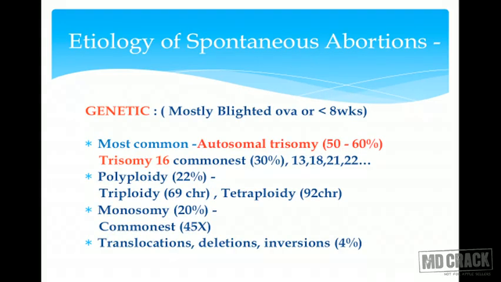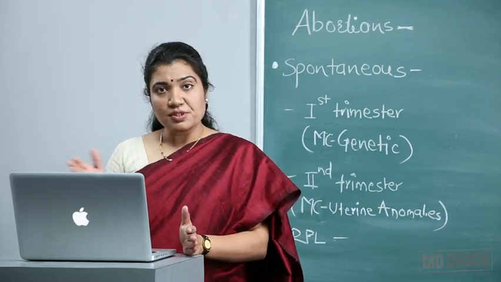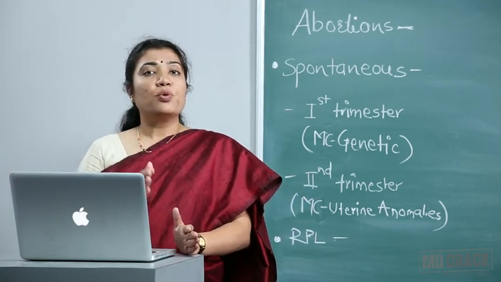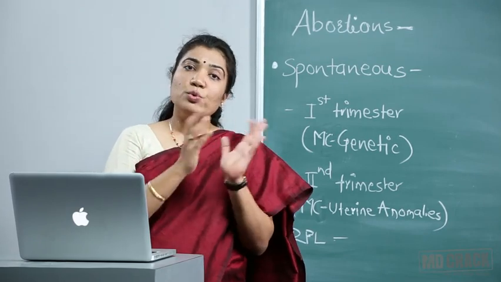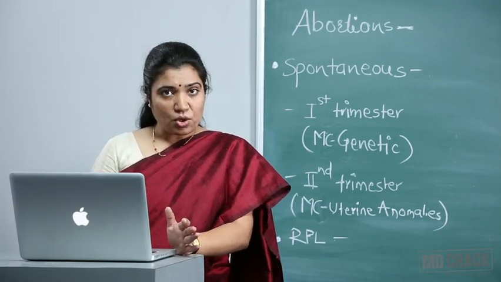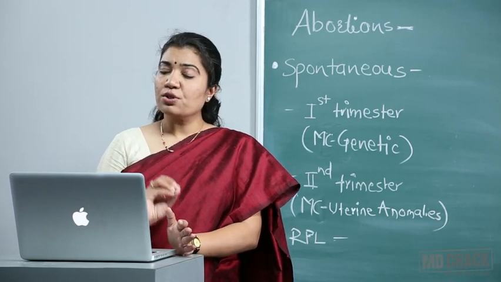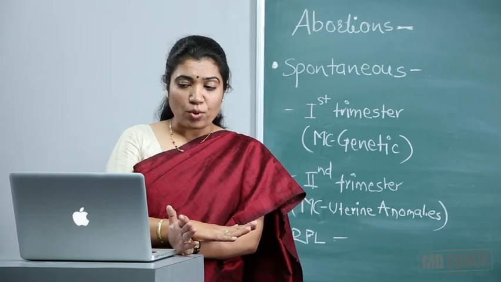Now we are seeing the different causes. First one is genetic. Usually, genetic is the cause in first trimester abortions. You all know first and second trimester: first trimester is up to 12 weeks, and second trimester is from 12 weeks to 20 weeks. So the causes are again divided into most common causes in first trimester and most common causes in second trimester. We are seeing the causes in general. Genetic is the cause, but it is more commonly found in first trimester abortions.